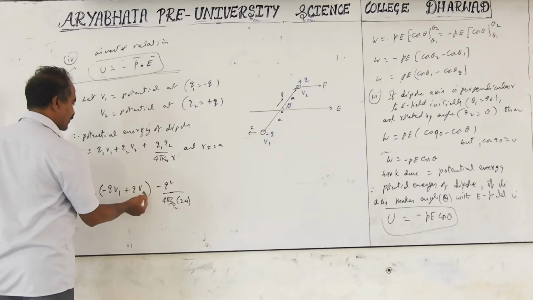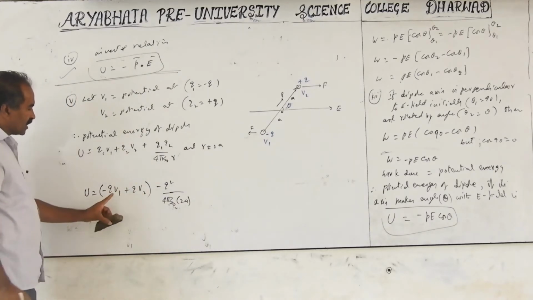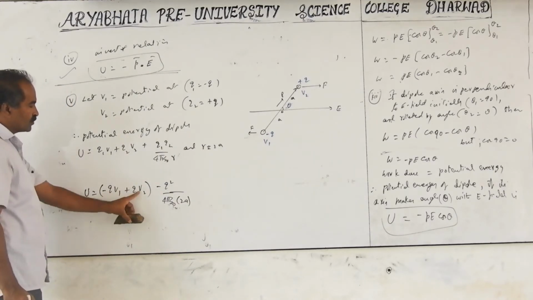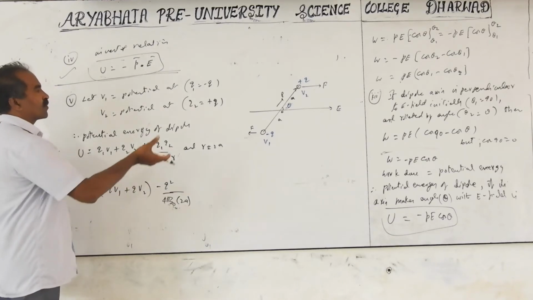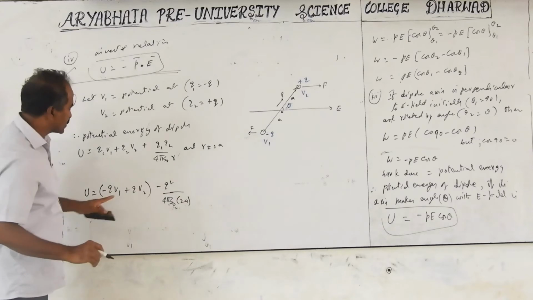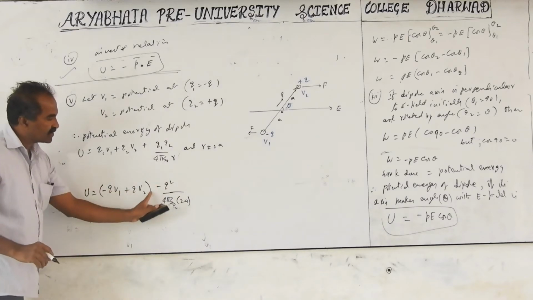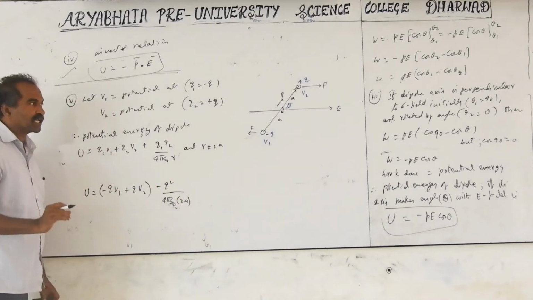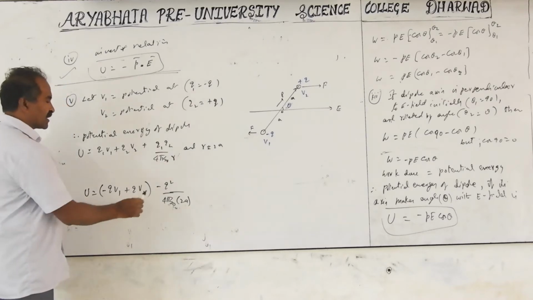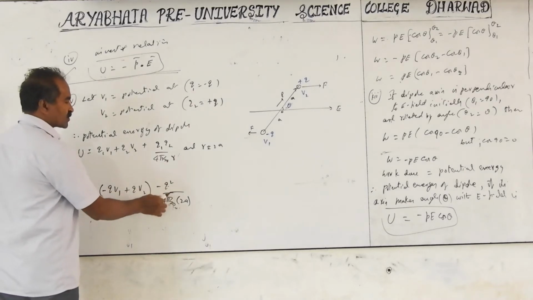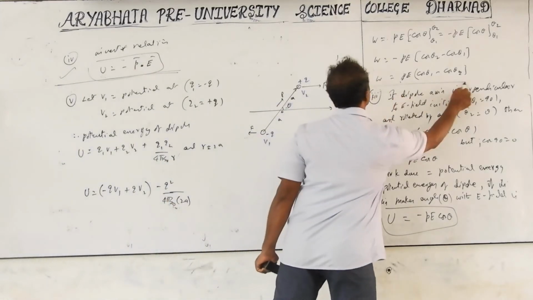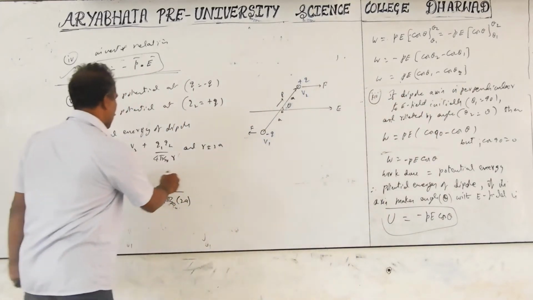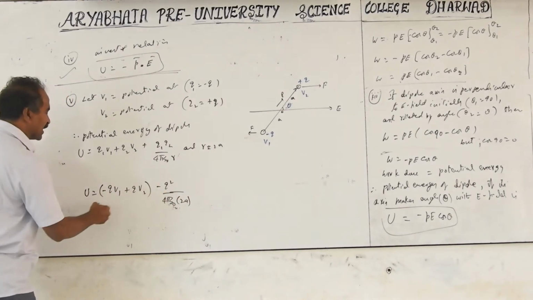And this one can be modified; you can take Q out also. But what happens when you are rotating the dipole? When you rotate the dipole, this term remains constant. As you rotate the dipole, theta changes, V1 changes, but the mutual potential energy is constant. So this will be cancelled out for the rotation terms of your dipole, and the remaining is this part.